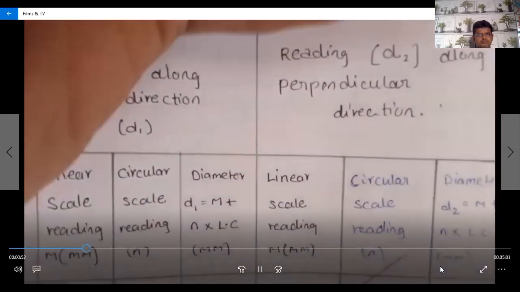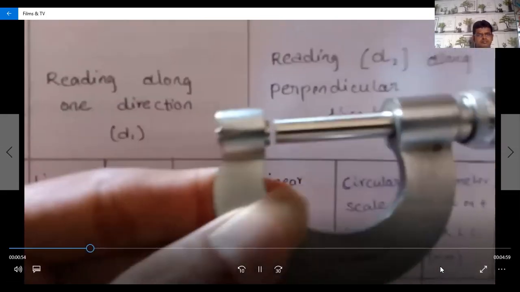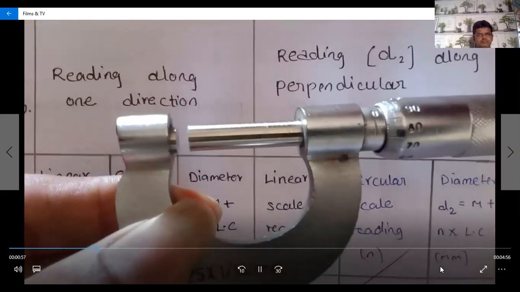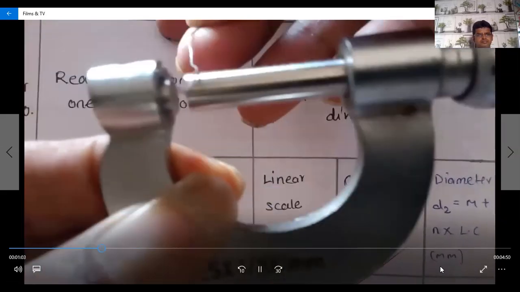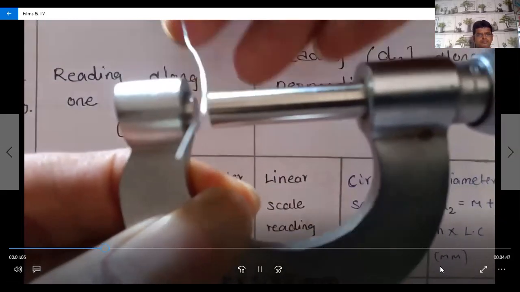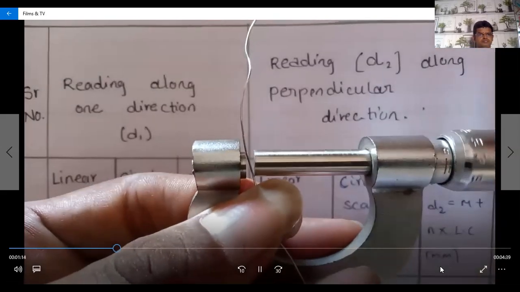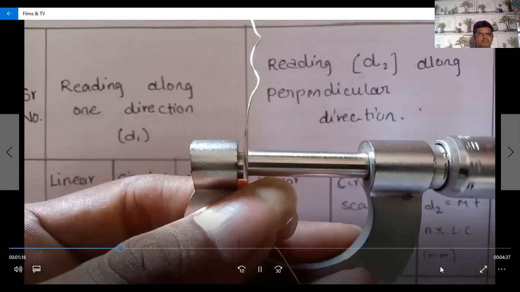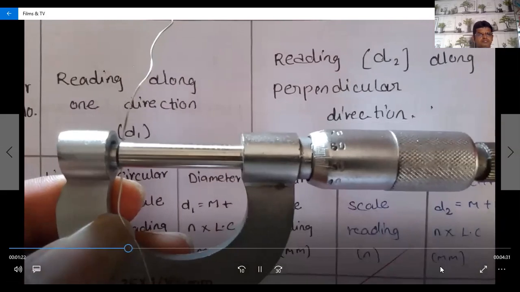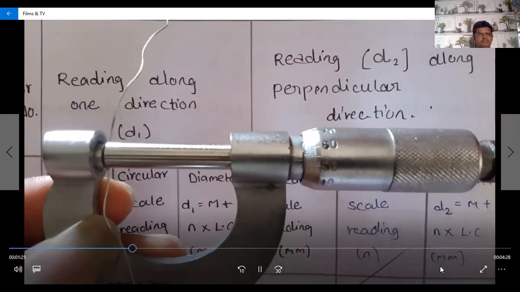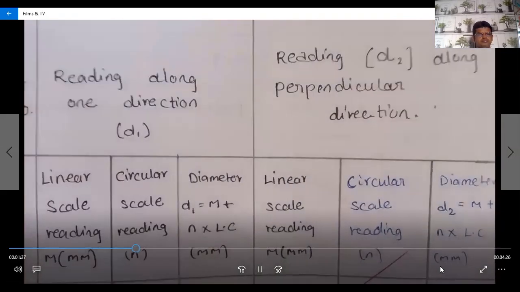So how can you set it here? Now between the two surfaces you put one wire. Suppose you put it this way, it is perpendicular, and suppose you put it this way, it is one direction. So whenever you put it either way, suppose one direction, you directly put it here. Now this wire is between the two surfaces, and now we fit this screw very slowly. Okay, so now we have fitted the wire between the two surfaces. At that time we want two values. One value is the main scale and the second is the circular scale.